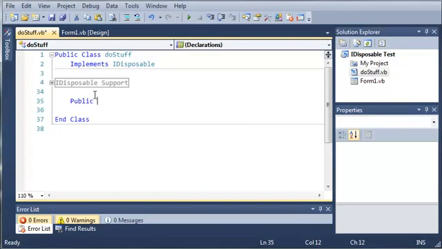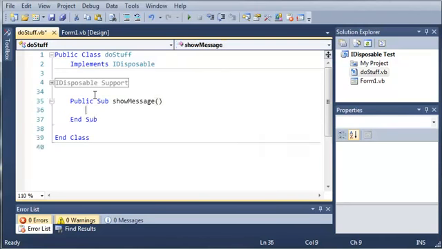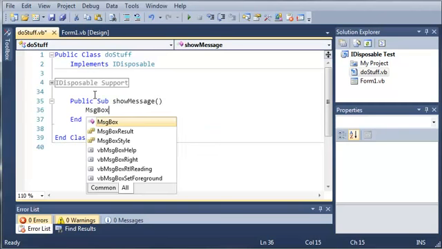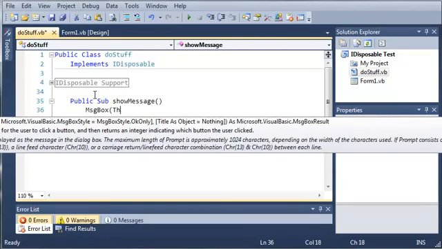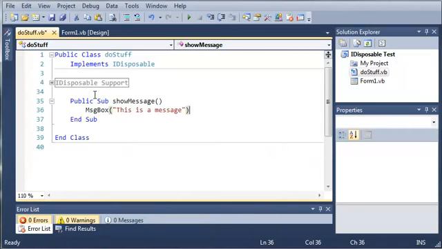So we will add some subs here. We'll just type Public Sub ShowMessage, and then we'll just type MessageBox, "This is a message." Okay, so now that we've created a sub that will show a message, we can go ahead and come into